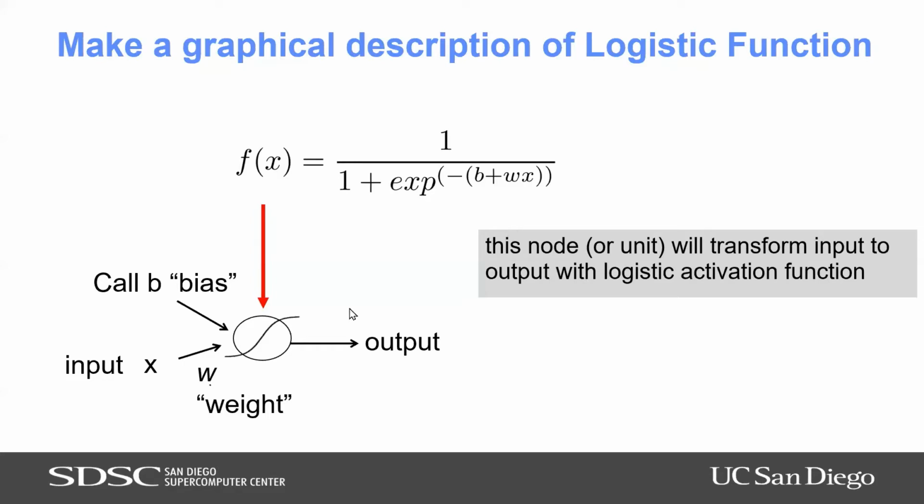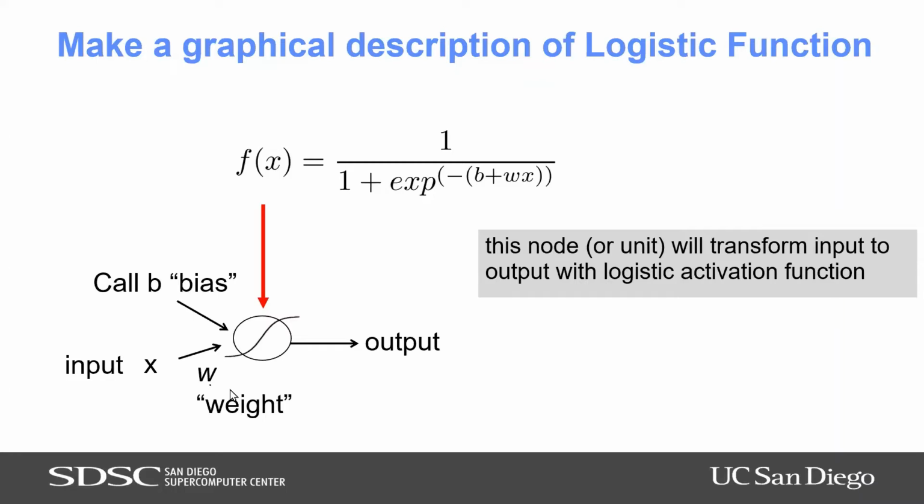Okay, and the thing to think about when we do neural networks, all we're doing is taking our regular kinds of functions, and you should think of it as sort of a graphical depiction. In this picture, we've taken our function and turned it into a node, and there's some output, which is the f of x, and there's a bias term. We call it a bias term, but you could call it a y-intercept in the regression framework. There's an input, and it could be a vector, a variable, or a matrix. We could have different kinds of inputs with different shapes, and there's some parameters which we call weights.